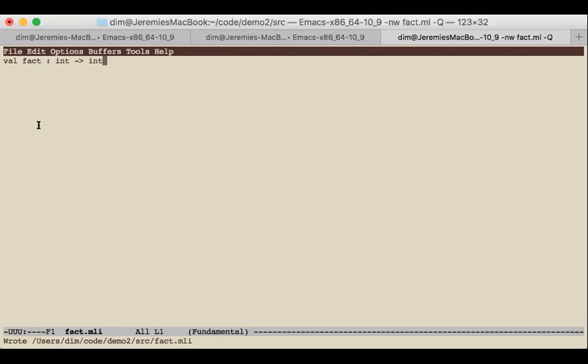Okay. So now I've written my library. I'm going to set up the build. I'm just going to tell Jbuilder about my library. So it's going to be called